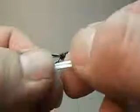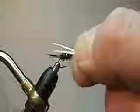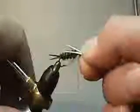Again, fooling with these buyouts is the hardest part of this fly. It's a fairly easy fly to tie. Now I've got them in the position I need to have them to tie on. I'm going to lay those right on the top